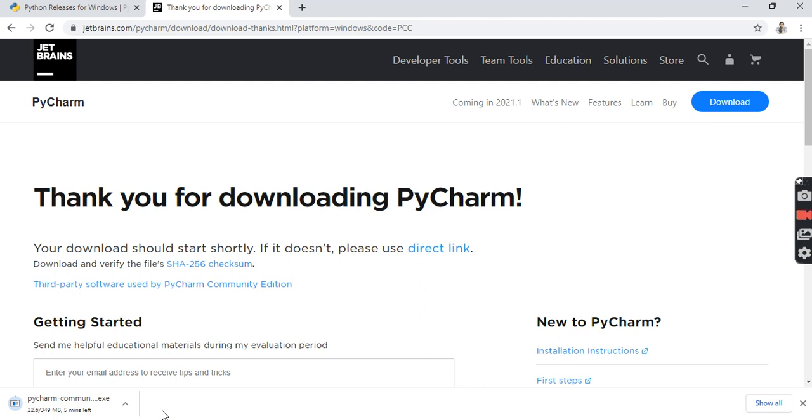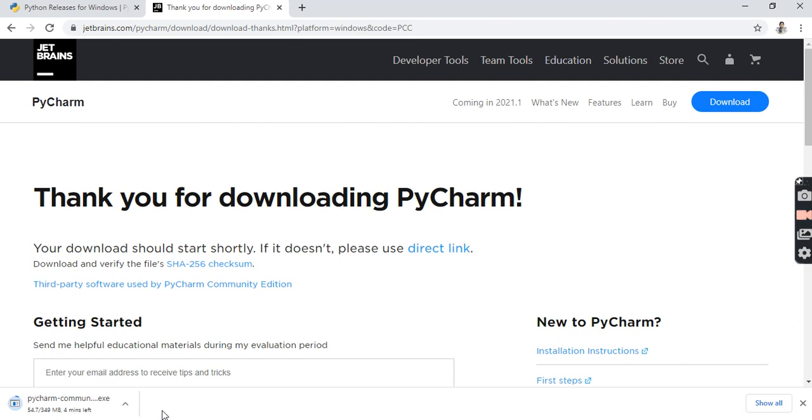So basically PyCharm is one of the IDEs in which we can write Python code, make a Python project, and execute and run our Python program. Now what does this IDE mean? IDE stands for Integrated Development Environment, right? This Integrated Development Environment is something in which we write our code, execute our code, run our code, and all of these things happen.